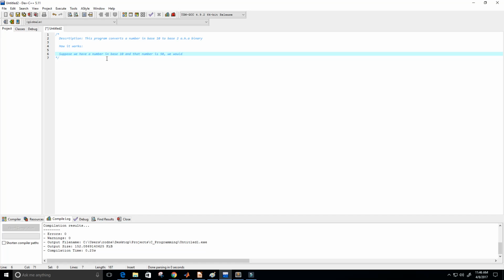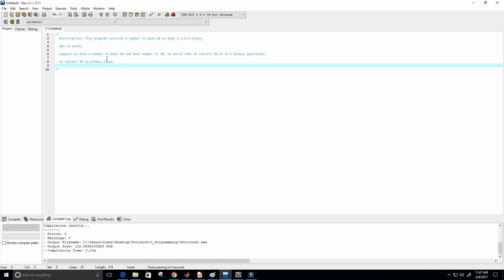We would like to convert 50 to its binary equivalent. Okay, and the steps to do that, so I'm going to put "to convert 50 to binary steps" here,